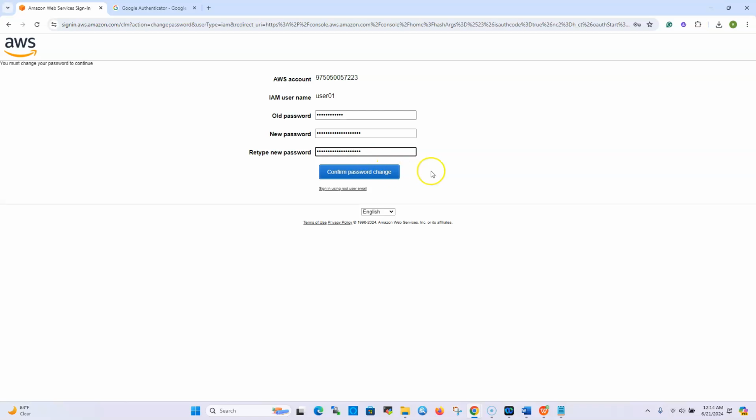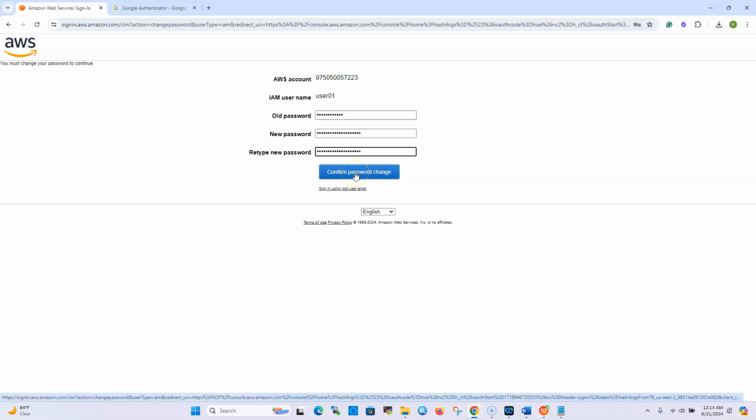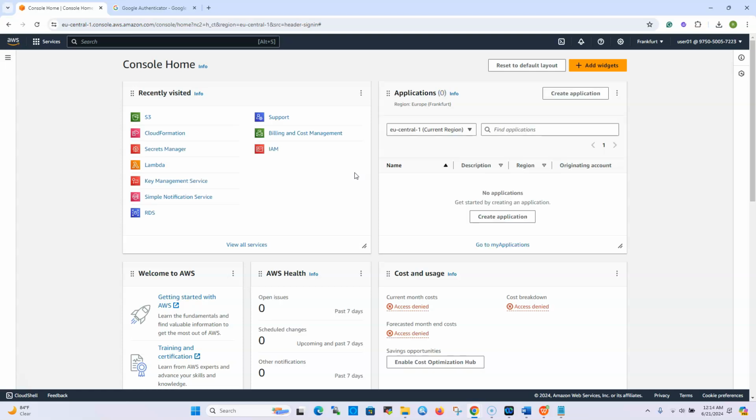Okay, so I'm going to click on change, confirm change password. So I've logged into the AWS Management Console using the IAM user. If you look here, you will see that the user here is user01 at the